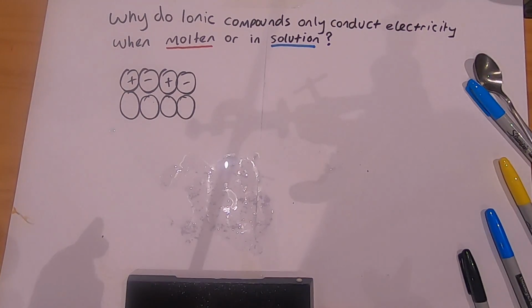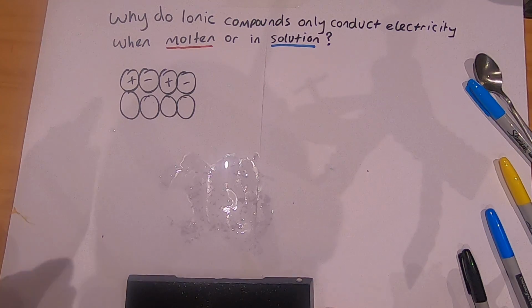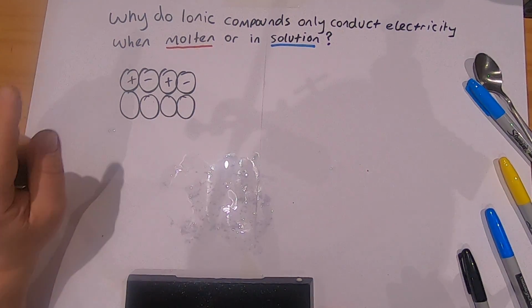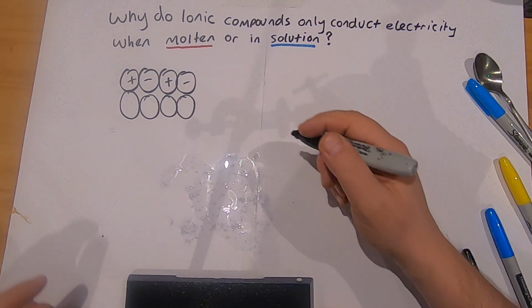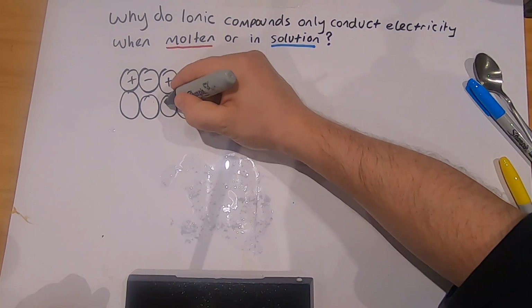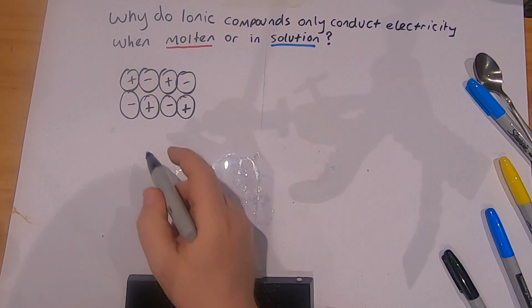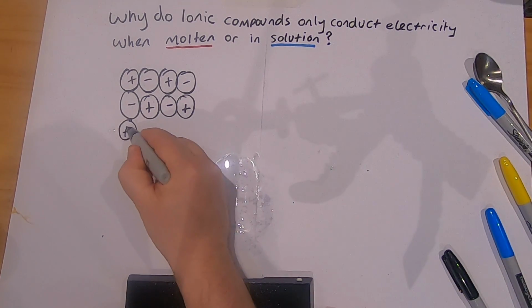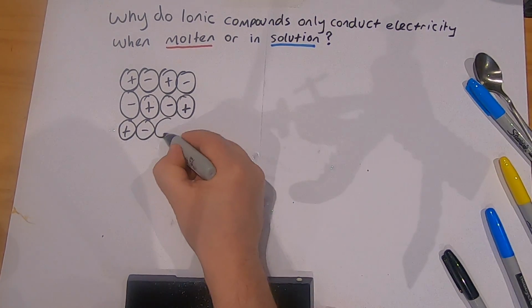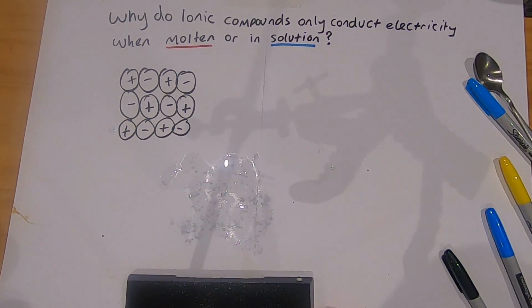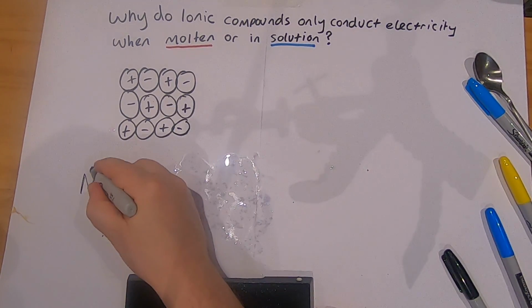Okay guys, what we're going to do now is explain why the salt solution conducted and why the solid salt did not conduct. Remember, salt is an ionic compound. So we have here a diagram that you should become familiar with. Ionic compounds form giant ionic lattices. What does that mean? Well, if we look at our sodium chloride